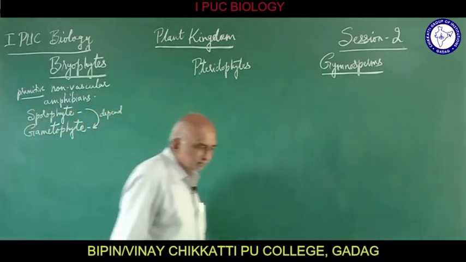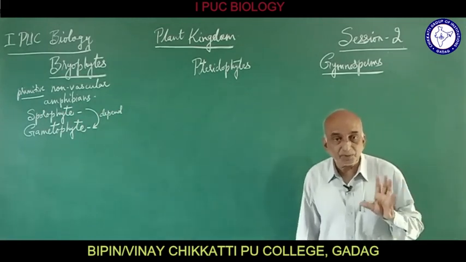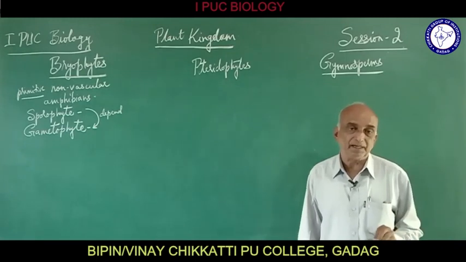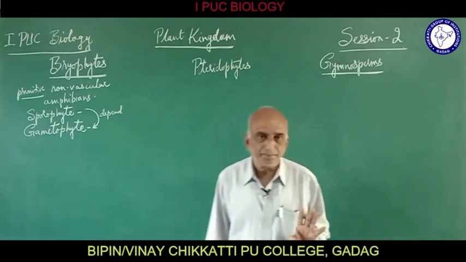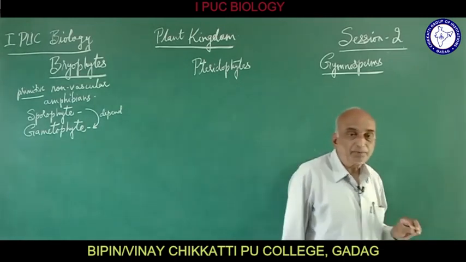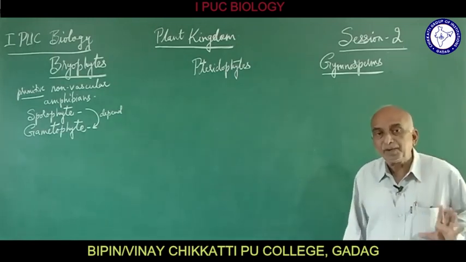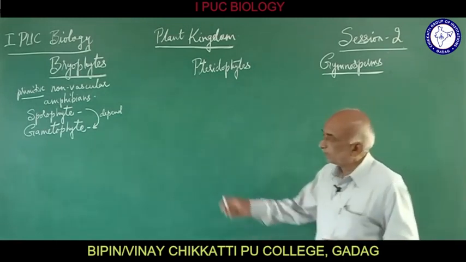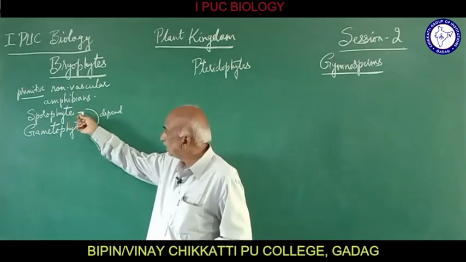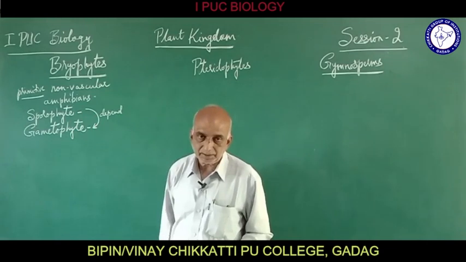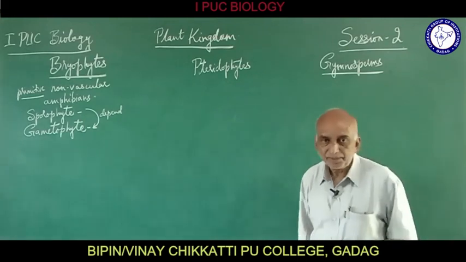It is dependent. When the sporophyte is produced by the plant, it cannot survive independently, but the gametophyte can survive independently. It is because it is capable of photosynthesis. It contains chlorophyll, but the sporophyte part does not contain chlorophyll. So that is why the sporophyte, for its growth or development, is completely dependent on the gametophyte. In other words, it is parasitic, or it is depending on the gametophyte.